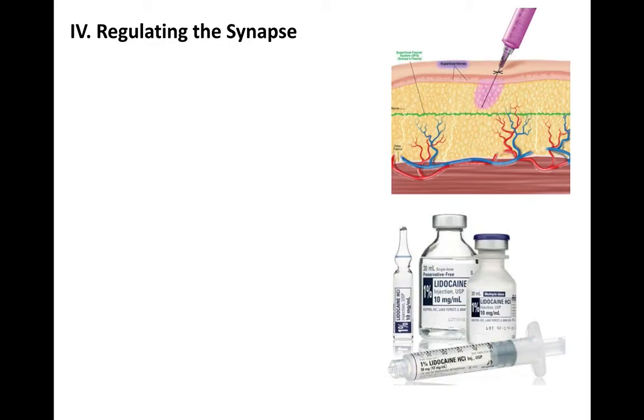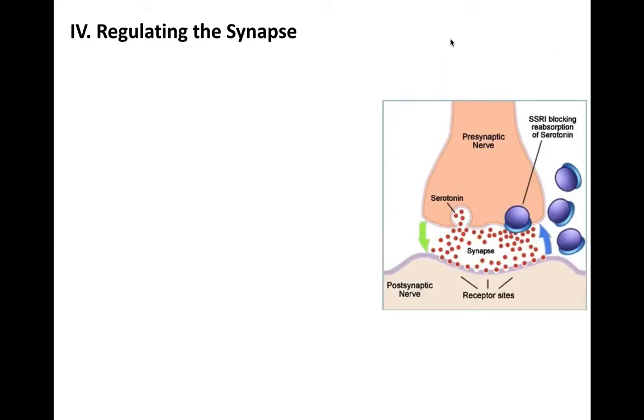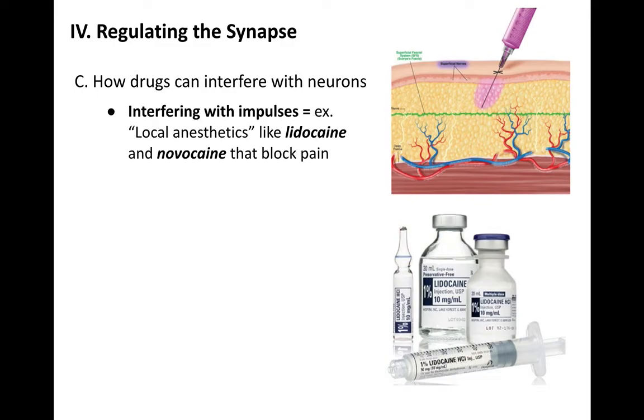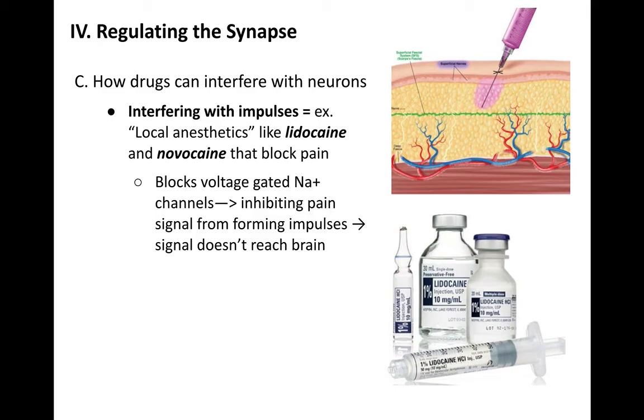All right. Another way you can regulate the synapse is, instead of regulating the synapse itself, you can regulate the action impulse. Because remember, our impulse is what eventually leads to our synapse and the release of the neurotransmitters. So, going back to this slide over here, one way to interfere with the synapse is to prevent the signal from even reaching the synapse, meaning blocking the action potential. A classic example of that is local anesthetics. Lidocaine and novocaine actually interfere with the root of all action potentials, meaning they stop voltage-gated sodium channels